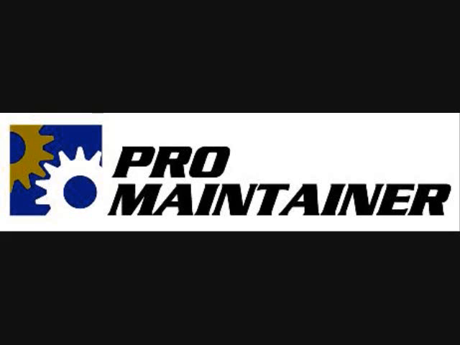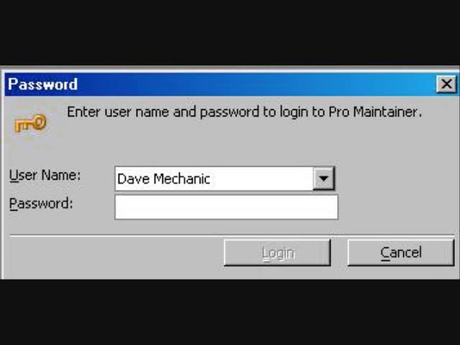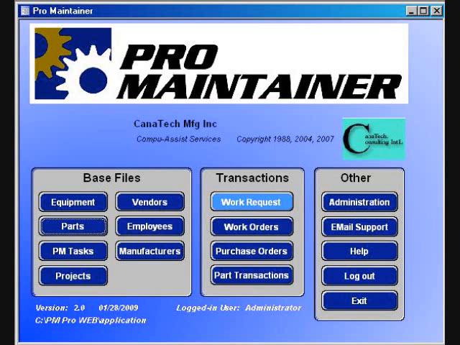When the application is started, each user can have their own password, or groups of users can have a password, and this restricts the various permissions and security levels and what parts of the program they can use. This is ProMaintainer's opening screen, and it is from here that a user can click and jump to any of